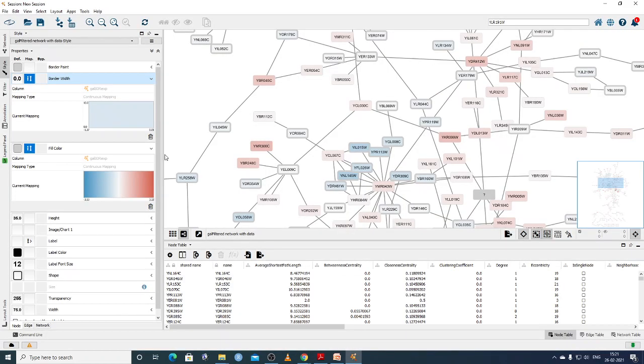We have already seen here, this is our node table, right? This is our YIL070, and these things are there, and it can have a different common name. So this is a common name and this is the other name. So one more table.